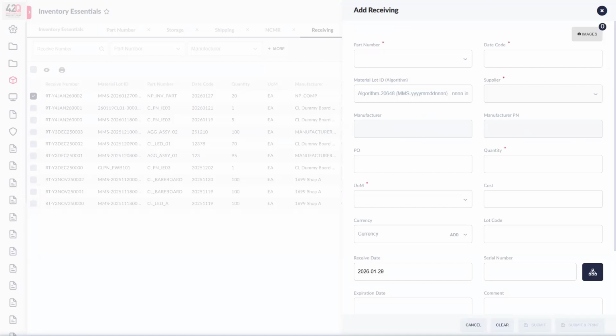So let's say I put in a serial number or a material lot ID that is in the repair location. So now when I put that in here, you can see that it throws a warning saying incorrect status. This material lot ID cannot be received. So the same thing. Now, when I pick a serial number from a shipped status,